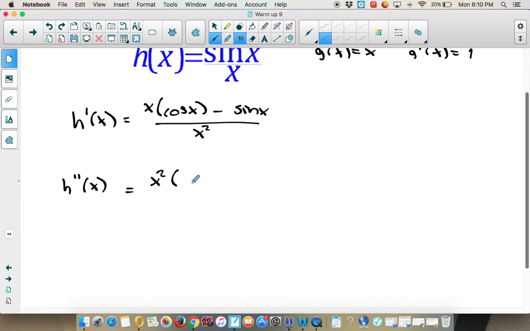So this is product rule. So it's going to be the first times the derivative of the second plus the second times the derivative of the first, which is just going to be 1, and then